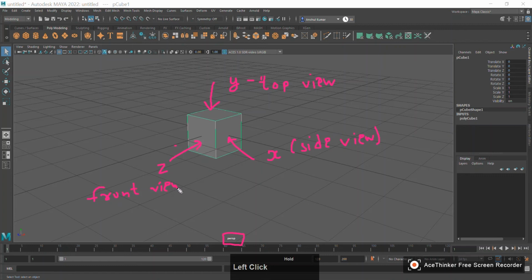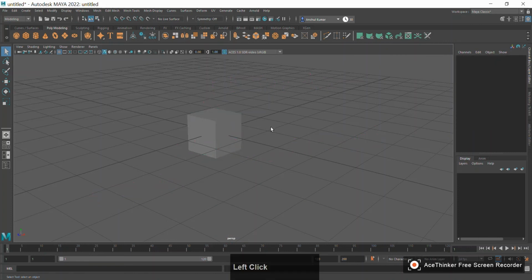Okay. We know what top view is now. If you see this from the y-axis, we will see the top view, we will see the side view, and we will see the front view. But can you imagine how we are going to see in top view? If you can't imagine, don't worry, we are going to learn it right now. So we are in perspective mode. What we are going to do right now is press space.